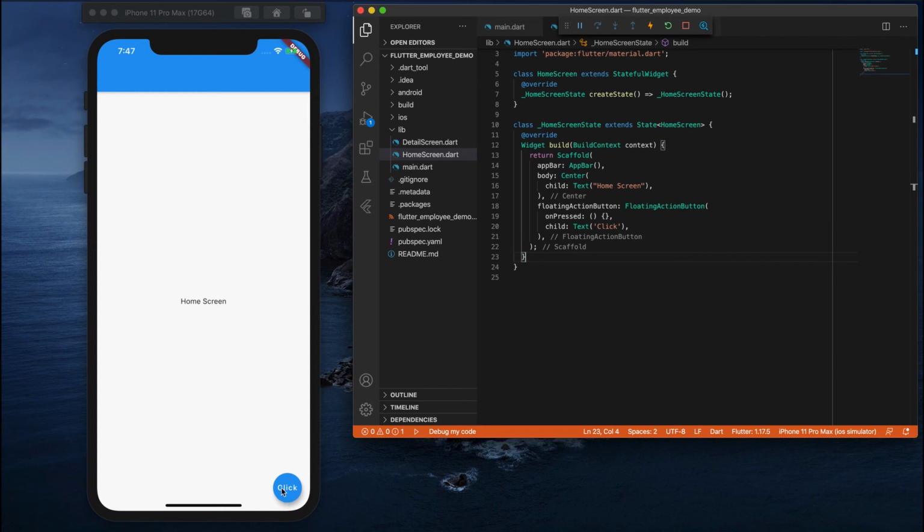So what we are doing is, when we tap on this floating button, it should take us to the detail screen.